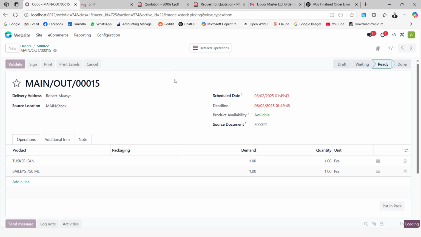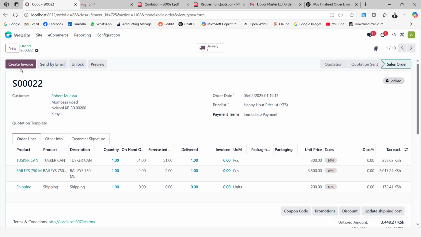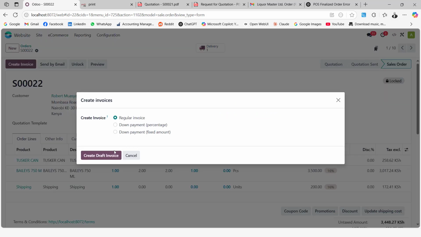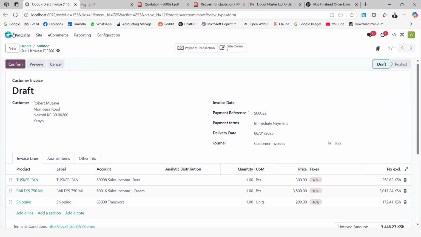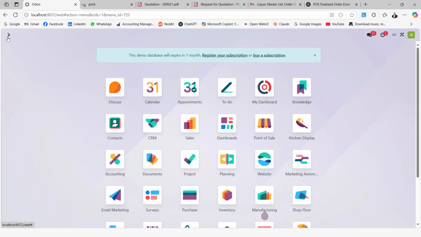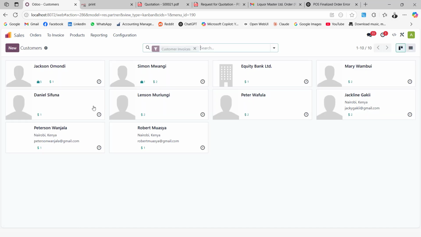And also do an invoice. Okay, so now for this kind of website orders, confirm this invoice. So for these back office orders, also these customers will be created in the list of your